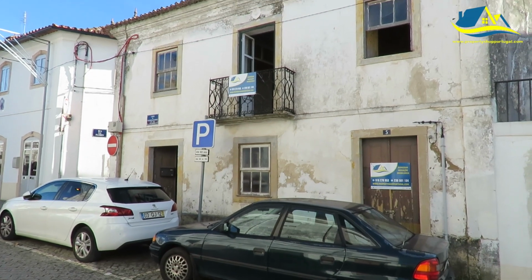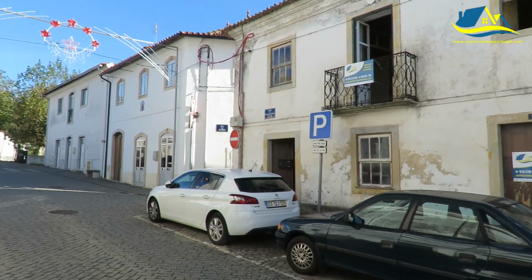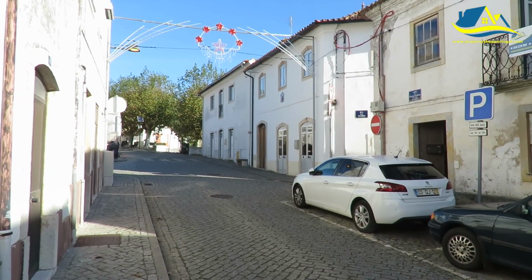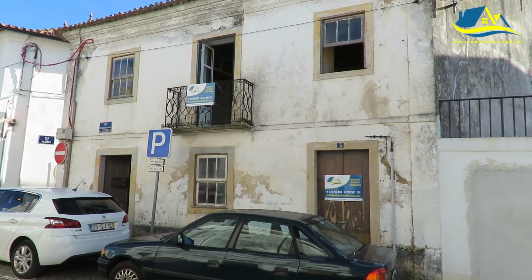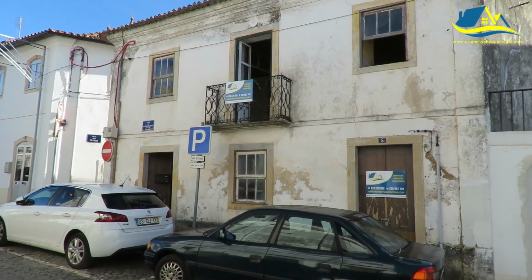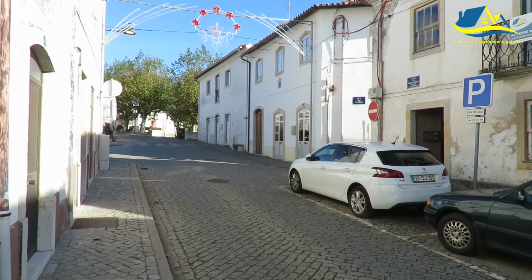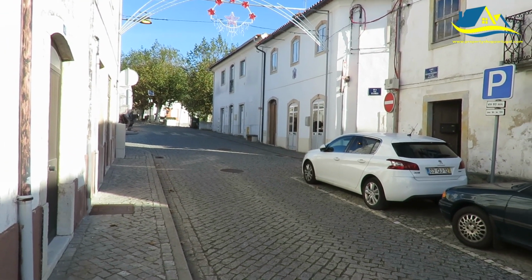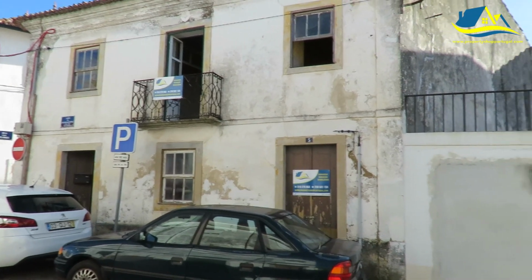So here we are in the village of Espinhal, and we're going to see what was the old bakery, and baker's house by the way, going back quite a while. The new bakery is at the end of this street on the right hand side. We're more or less in the centre of the village,